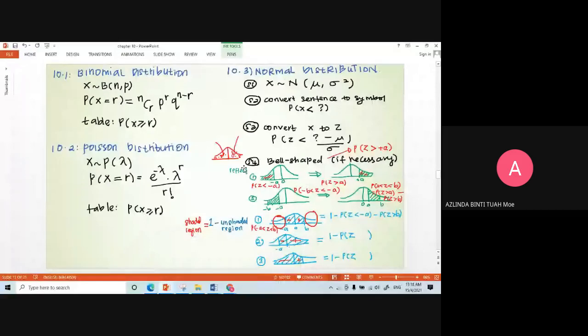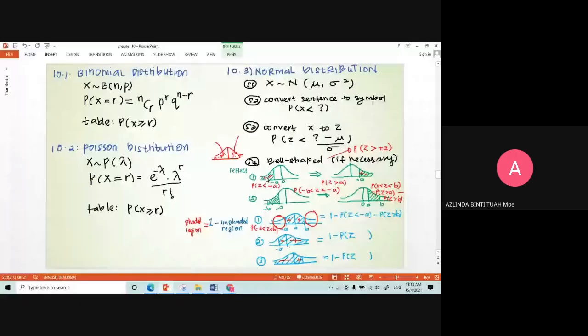Okay. The first case where we have to reflect the shaded region is when the shaded region is only on the negative z-axis. This is the negative z-axis part, meaning that if I have, let's say, Z less than negative a,